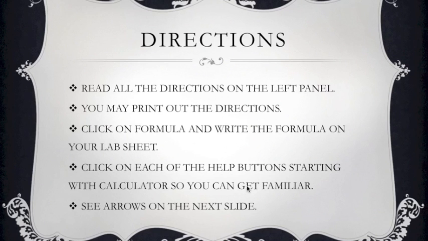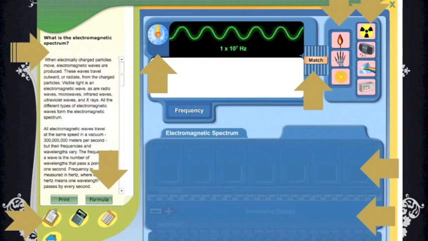You will read all the directions on the left panel. You may print out the directions. You're going to click on the formula and write the formula on your lab sheet. You're going to click on each of the help buttons starting with calculations so you can get familiar with that virtual lab. Here on the next page is the same virtual lab website so that you can remember where everything is. Remember, again, when you get to the website, please read the directions. You can print them. Click on formula, write that down on your worksheet,